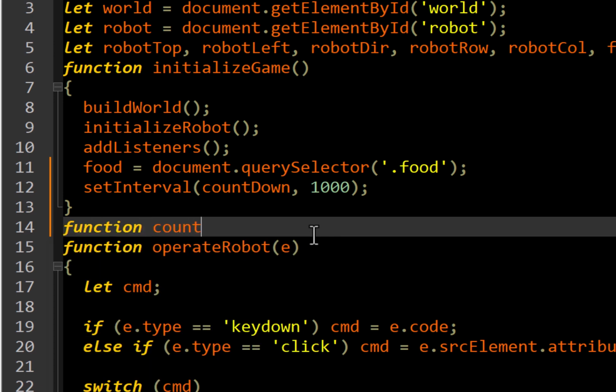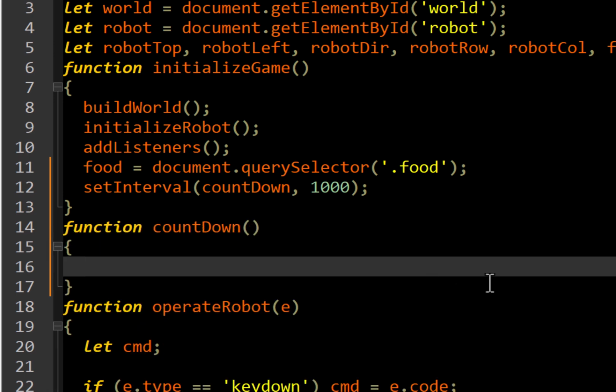So let's just make that function. Function countdown. And what are we going to do? Well, we're going to kind of do the opposite of what we did in the original video that hopefully you've watched first, right? That was the actual lecture. In that video, we had a timer that went from 0 up to whatever. We're going to have this one go backwards. We're going to have a timer that goes from 10 down to 0.